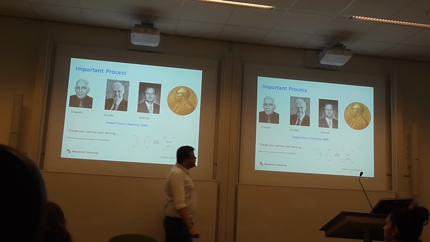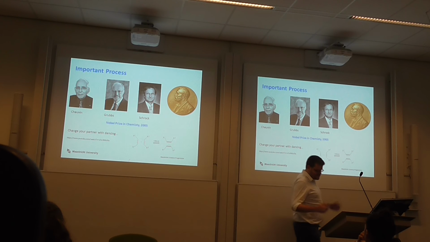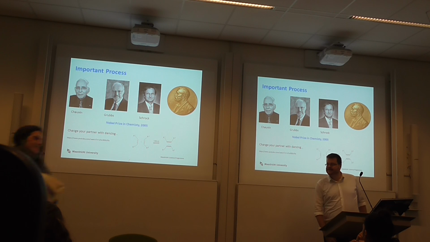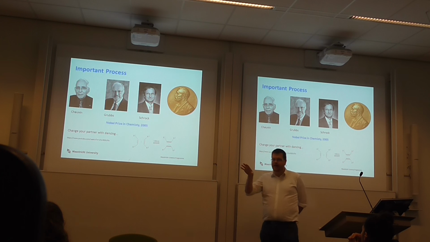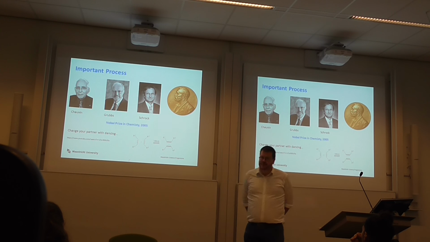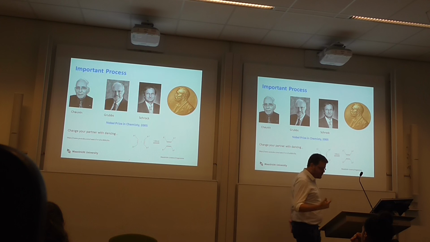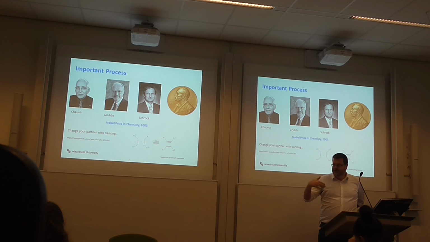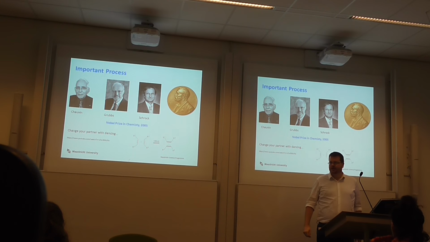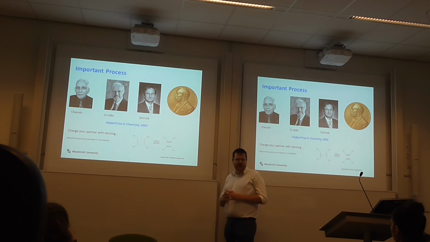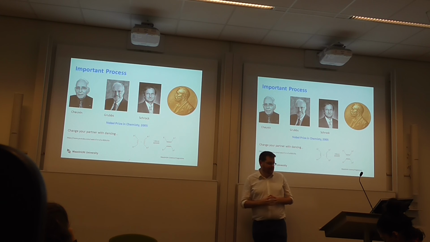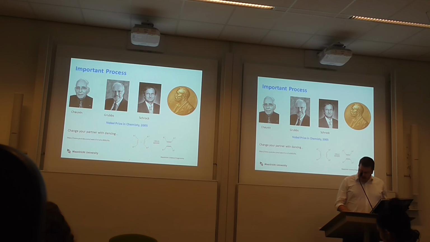Now, the reason why they won the Nobel Prize and shared it is because alkene metathesis, it turns out, is something that is heavily used in organic synthesis, which we will see later in the lecture. I want us later on to look at some applications of alkene metathesis in organic synthesis, but also you saw with that example of the ring opening metathesis polymerization of cyclooctene, also used industrially to make a variety of very valuable commodities, starting from alkene. So very important process, and I would say these guys are the ones that pioneered the